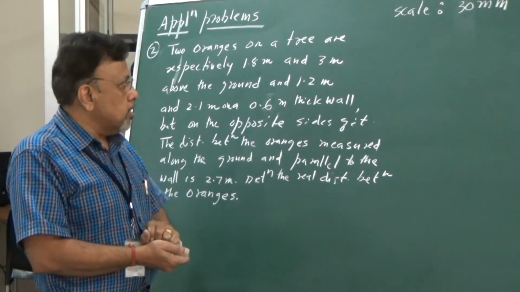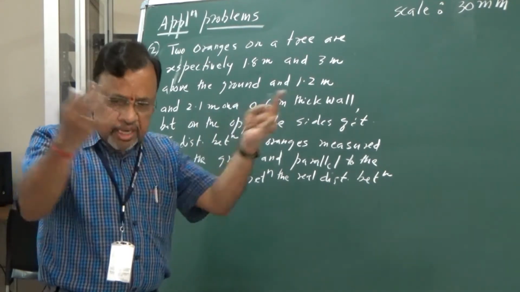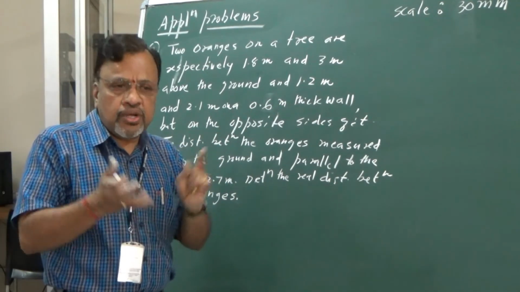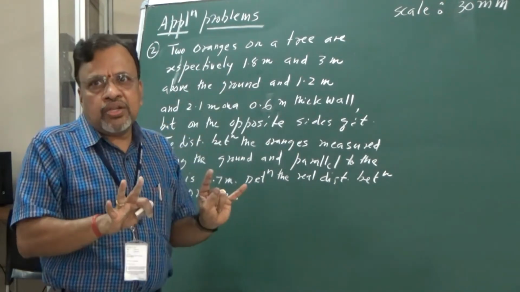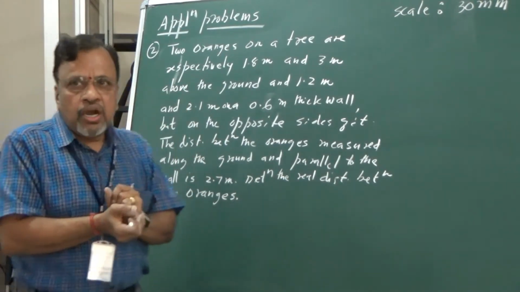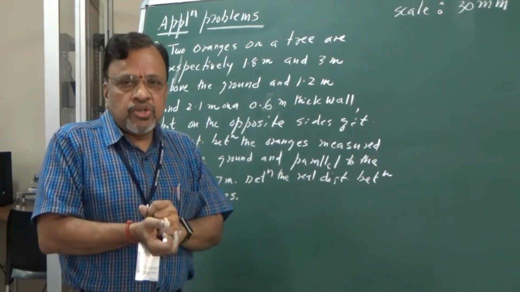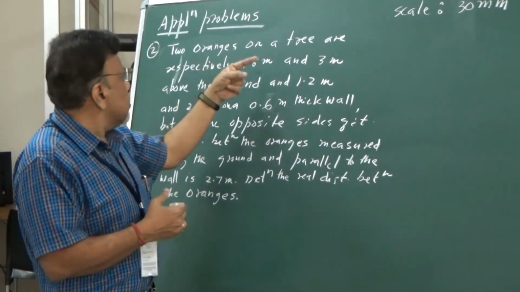Okay, now as you can see, in the previous problem I just considered a room. Now I am just considering the space. So why do you need to consider a room always? That means that I need to locate the room and all. So let us say I need to visualize this. Anyway, I am just given the oranges. You know that oranges are on a tree, where will it be? It will be on the ground only. Anyway, I have just been given 2 oranges on a tree.